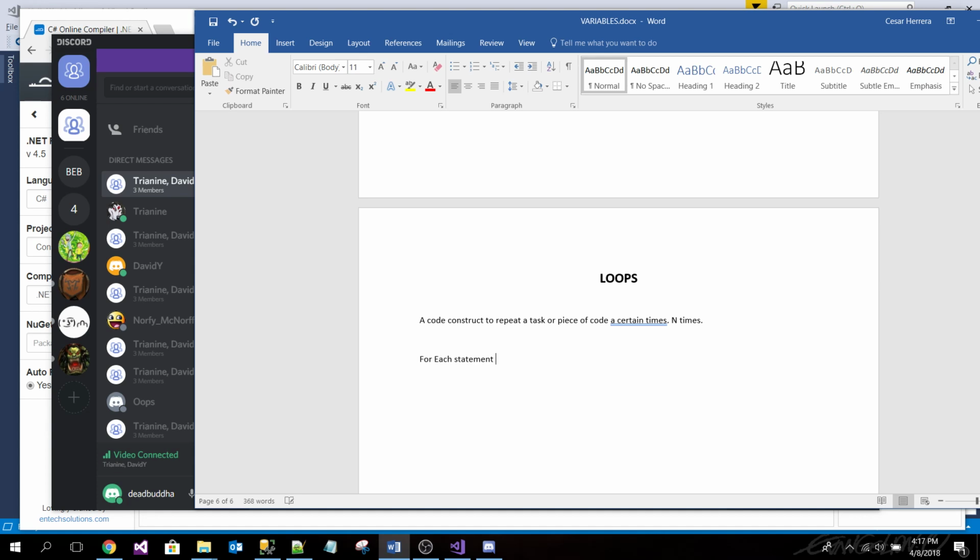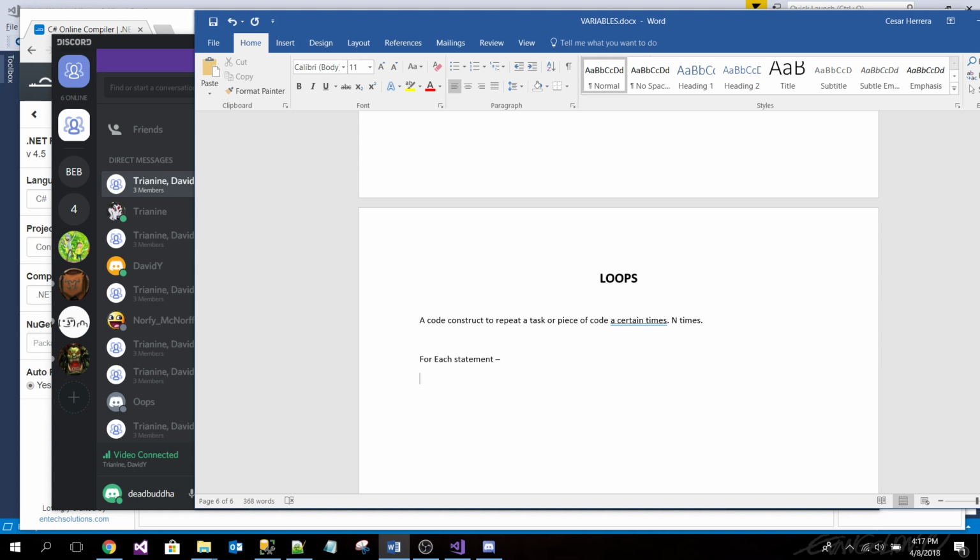Statement. This is in C, I mean in C sharp. Okay, so now we got the for each statement, and we're again... So what will you use a loop for? Got to repeat it. Keep repeating it. Iterate a process. Yeah, just like do something a certain amount of times. Okay, good.